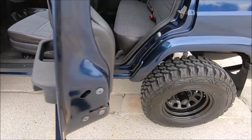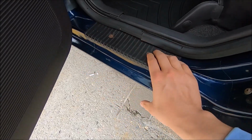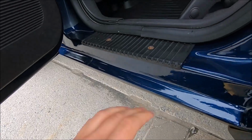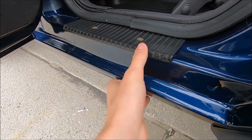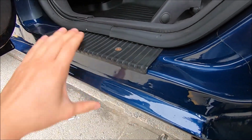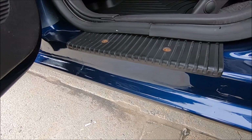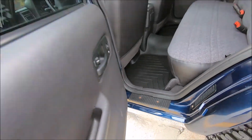So going over to the back, this part was the only part that I actually didn't get to with my own rust removal stuff, just sanding. So I'm glad they actually removed this whole door jamb along with the rocker panel. I know it's the same thing, but I'm glad they were able to do that whole thing. One thing I still do want to do, it's pretty simple, is replace these screws to make them match the front,